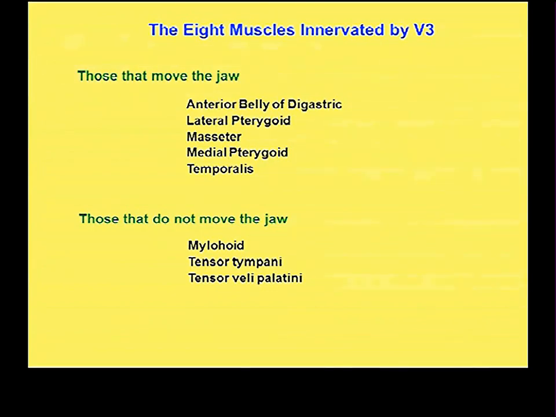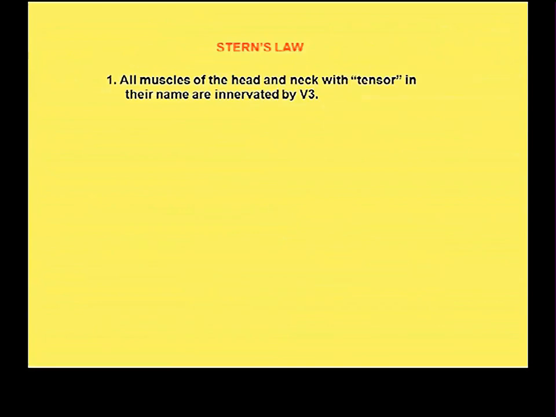But before I do that, I want to point out something you already know if you've read ahead, which is probably the most important principle in all of anatomy, which I named after myself because of its importance. And that is how to memorize the innervations of some small muscles of the head and neck. Stern's law is a tripartite law, so I'm only giving you the first part now. The second and third parts, if you haven't read ahead, you'll have to wait until next week to hear. But the first part is inviolable, never violated, ever.